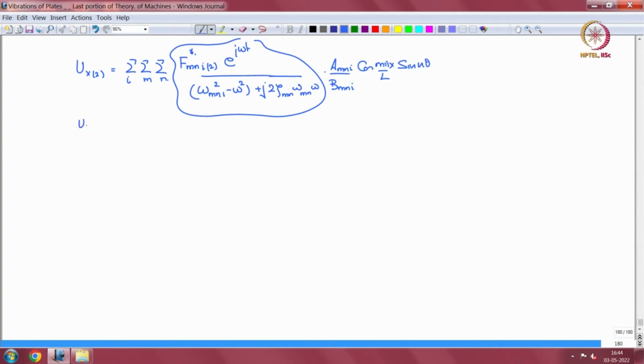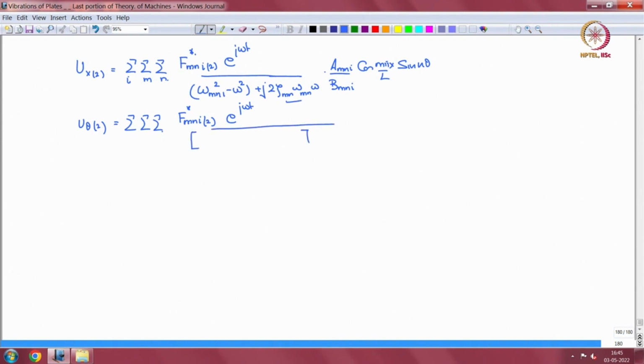Then u theta of the second set is the same, sum over m, n, I, F m n I 2 star, then e to the power of j omega t, the same frequency term, into the mode shape, which is minus, that you should remember, B m n I by C m n I, sin m pi x by L cos n theta,